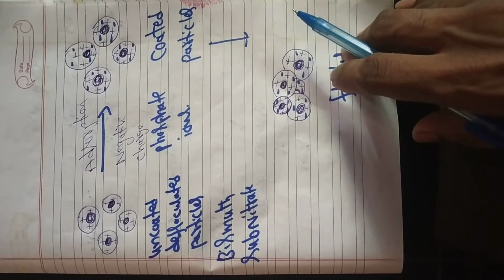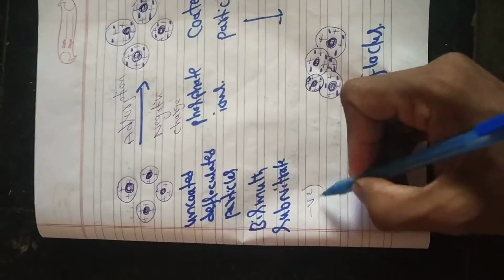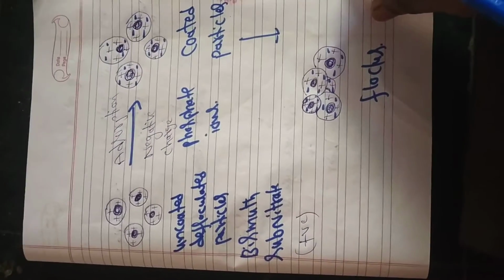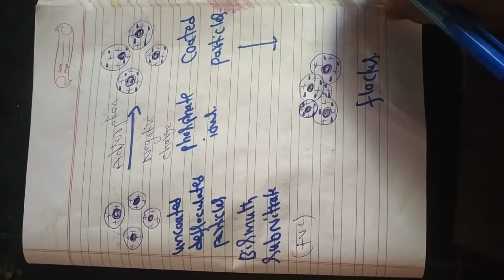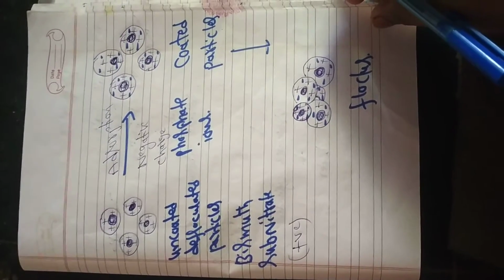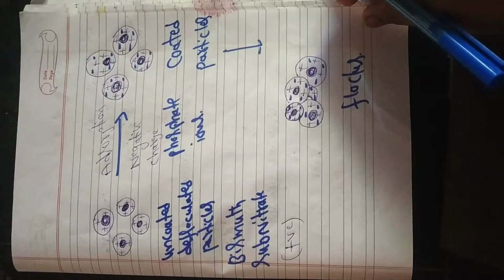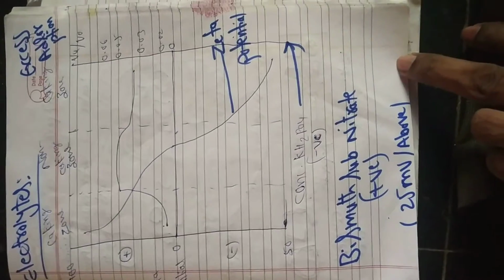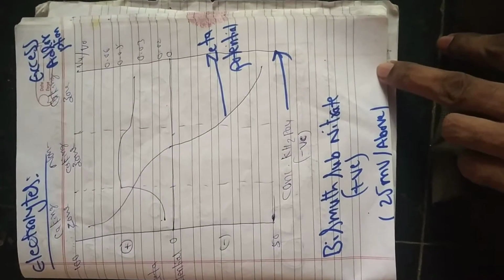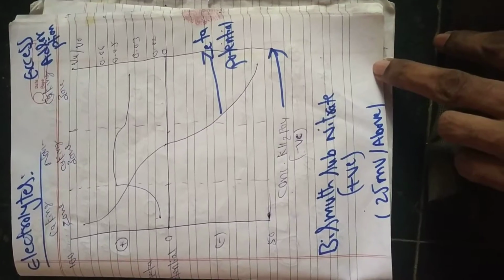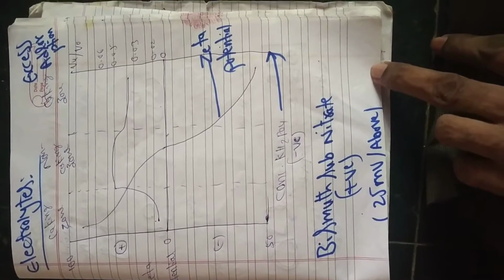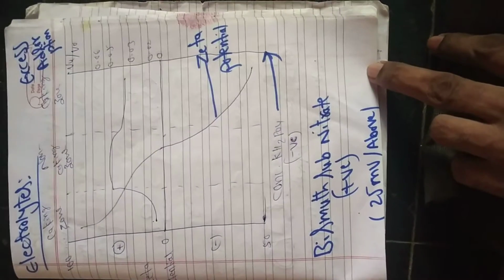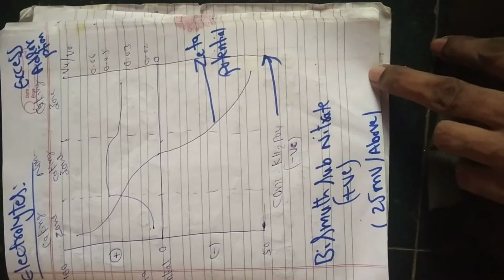Normally bismuth subnitrate is positive in nature. By the addition of water, it behaves like a deflocculated state. By the addition of electrolytes, the zeta potential decreases. The process involved in decreasing the zeta potential can be explained using the following diagram. This diagram explains the effect of electrolytes on deflocculated suspension. In this suspension, bismuth subnitrate is the substance. It is positive in nature, and its zeta potential is above 25 millivolts.